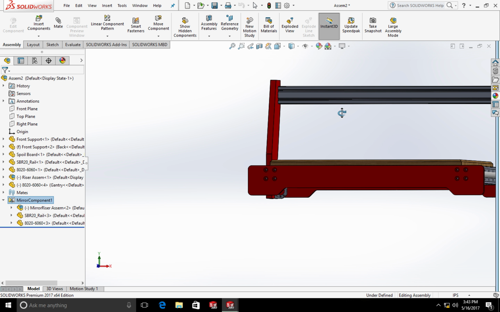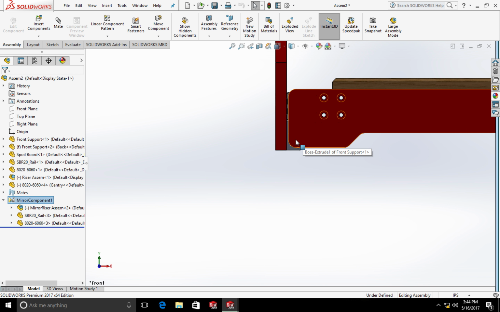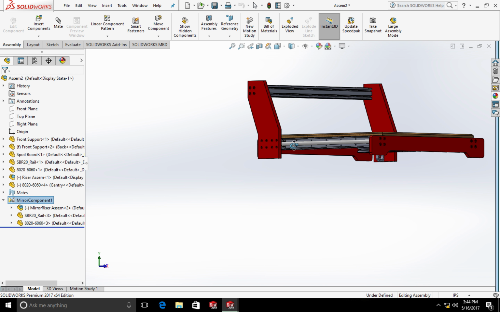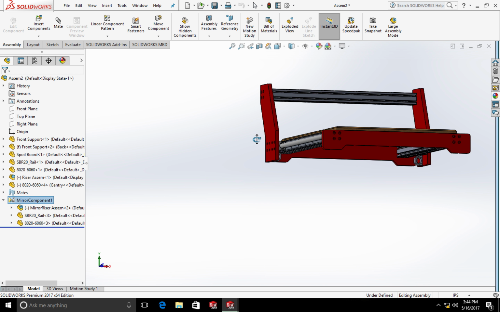There we go. All right. So let's take a look and see kind of where we're going to need to put that. So that center line is going to need to be right about there. Clearly, we don't have enough room. I don't think we can get away with